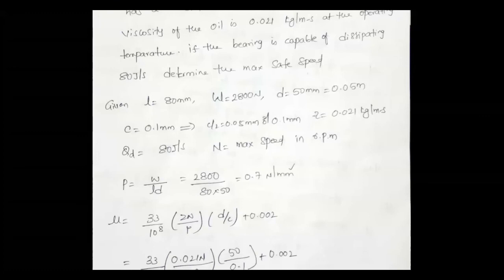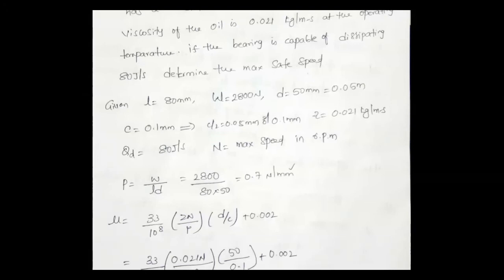Next, the third step is according to the given problem. What is the given problem here? You try to calculate the speed value. So how do you get the speed value according to the given data? Here, the amount of heat dissipation is given as 80 joule per second. And I already mentioned that unless it is artificial cooling, you assume that the amount of heat generated equals the amount of heat dissipated. Now calculate the amount of heat generated.